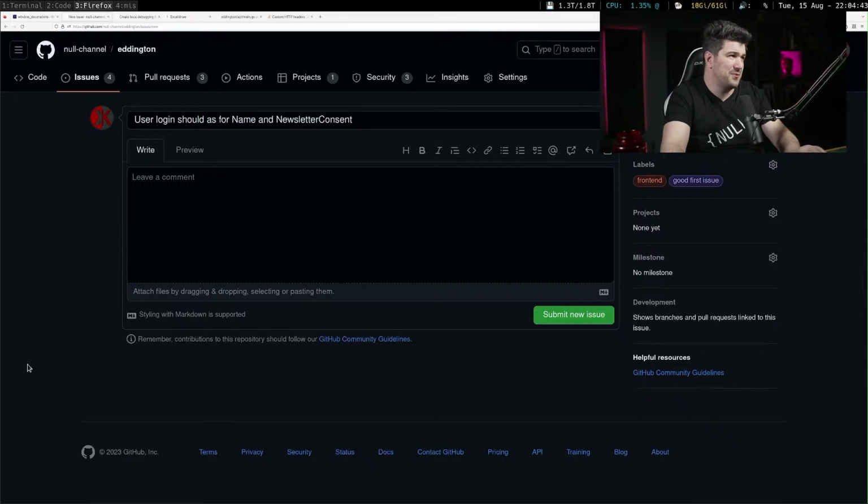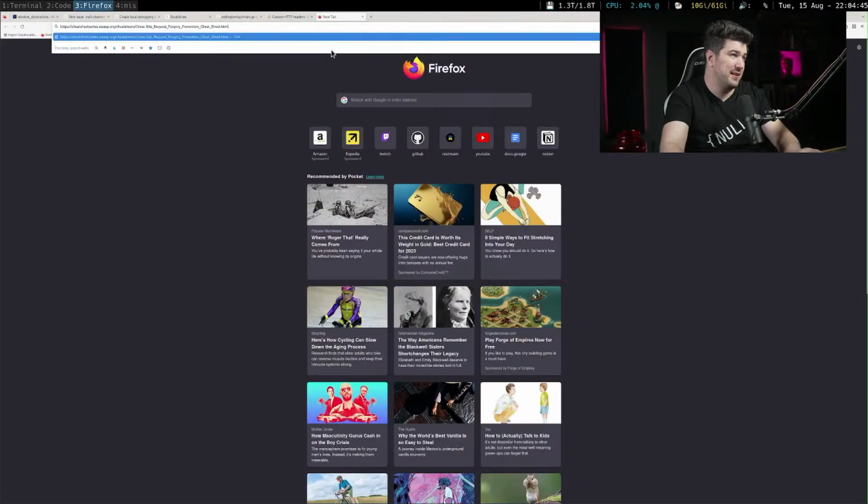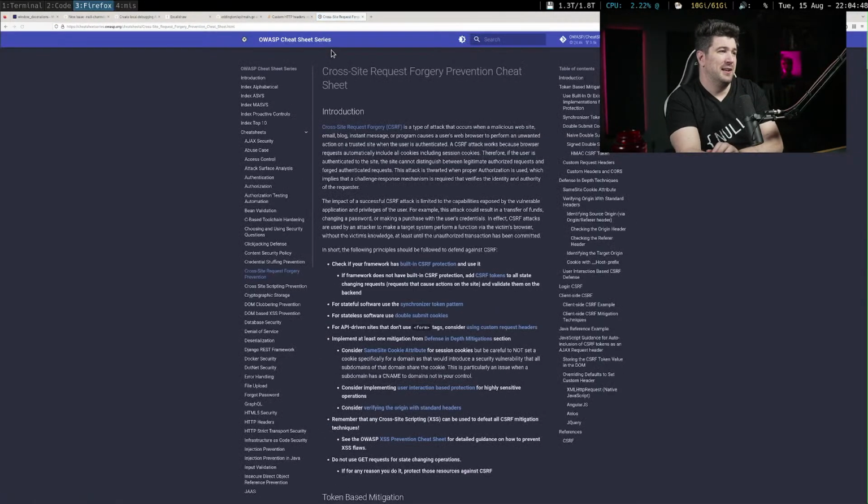That's request forgery, which is a little different, right? But, you know, I am getting out of my depth here. I need to read up more on this, because request forgery is a little bit different than cross-site scripting, but they're in the same vein, I think.